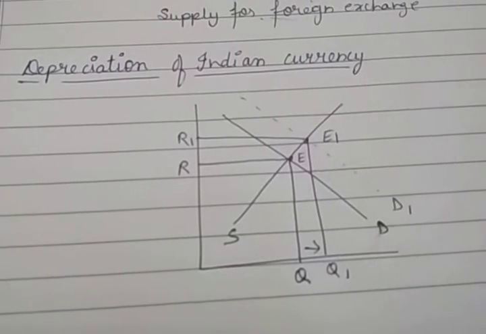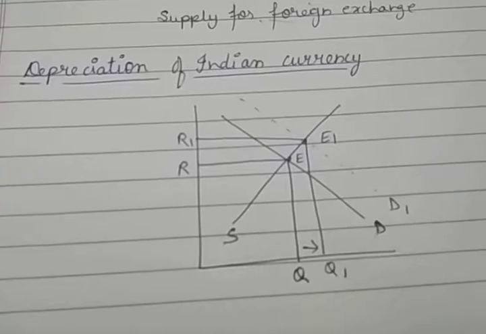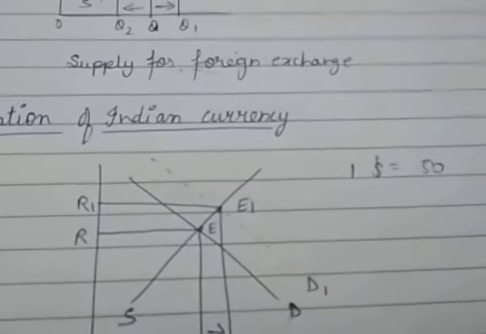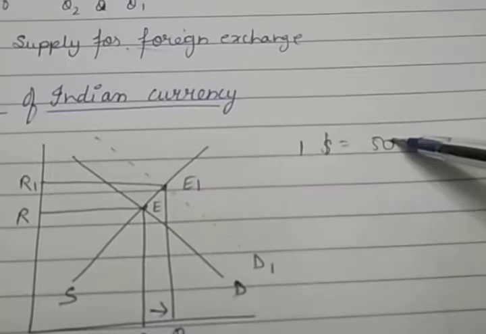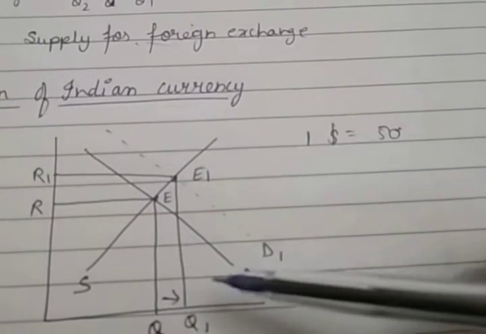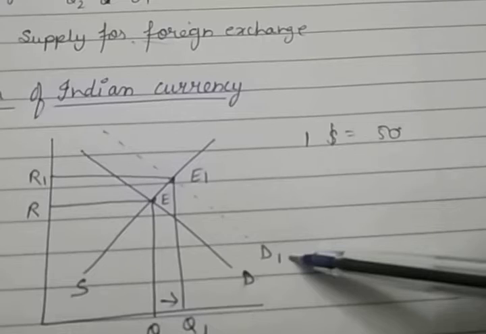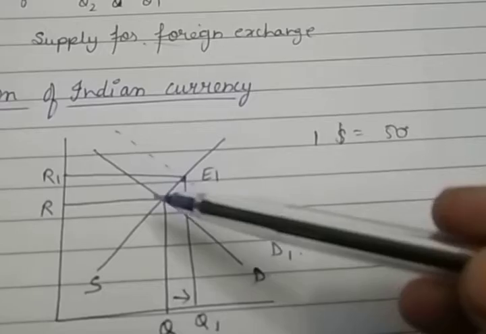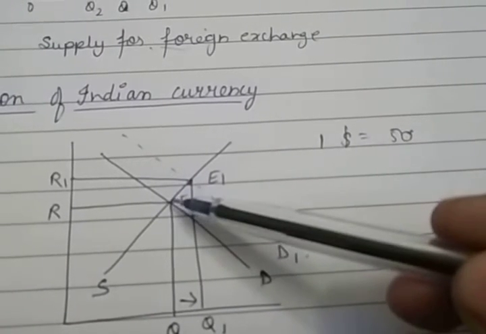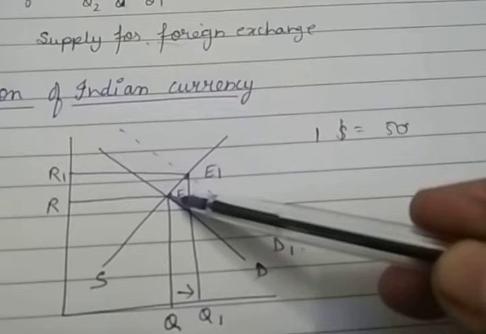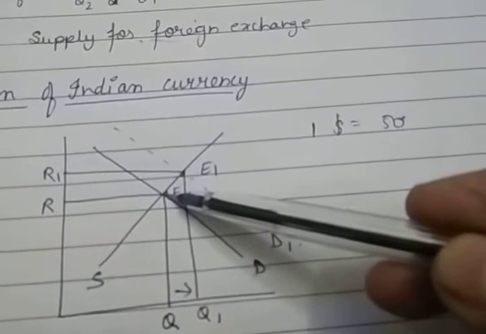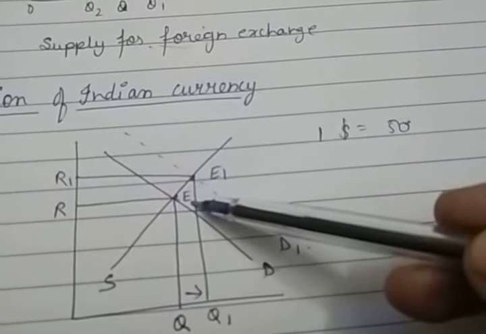Just like, suppose exchange rate is $1 equals 50 rupees. So if $1 is equal to 50 rupees, an increase in India's demand for US dollar will cause the demand curve to shift from DD to D1 D1. So the resulting intersection will be at the higher rate. Earlier, when the demand and the supply, or maybe just imagine, if the rate of exchange was $1 equals 40 rupees, at that time the equilibrium point was at the E point.